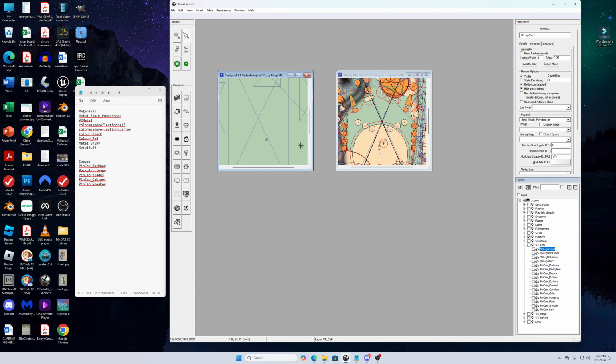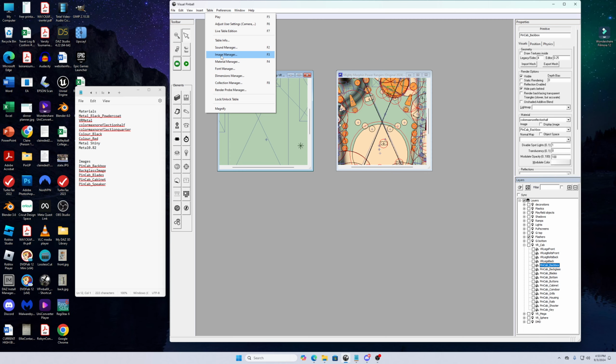powder coat. So we write that down. It does not have an associated image, but some of these do, like the back box, color max, no reflection, half. And then we need that image too, pin cab back box. So we go through each one of those, we write them down. I've already done that over here. And then what we need to do is go into table, and then there's the two sections, the materials and